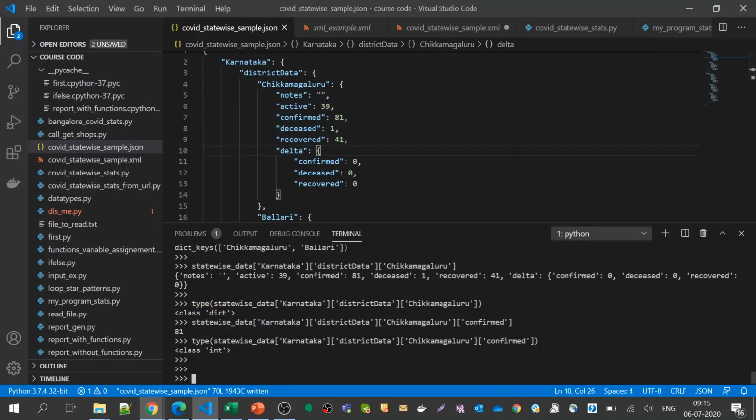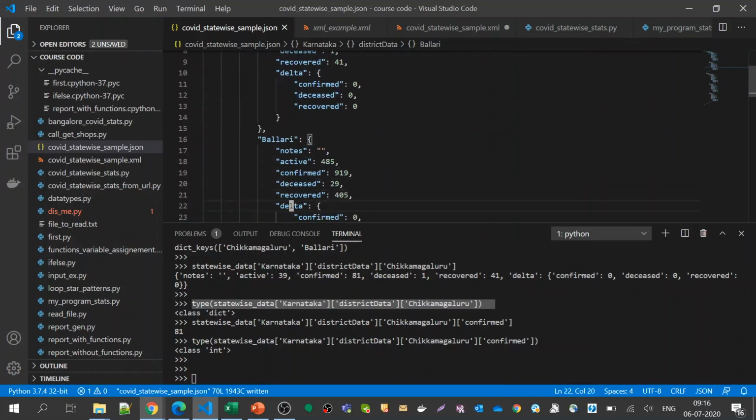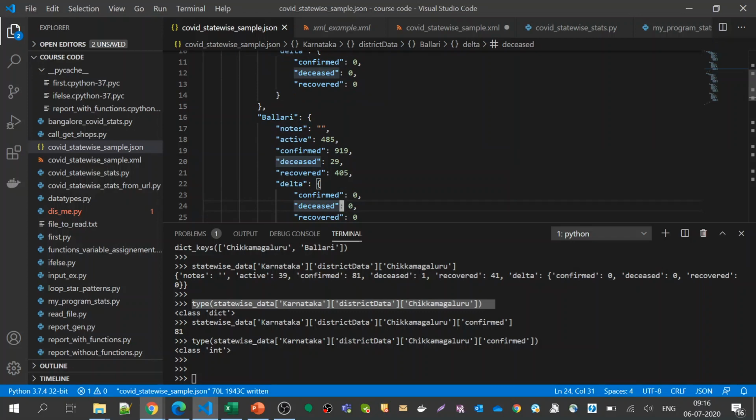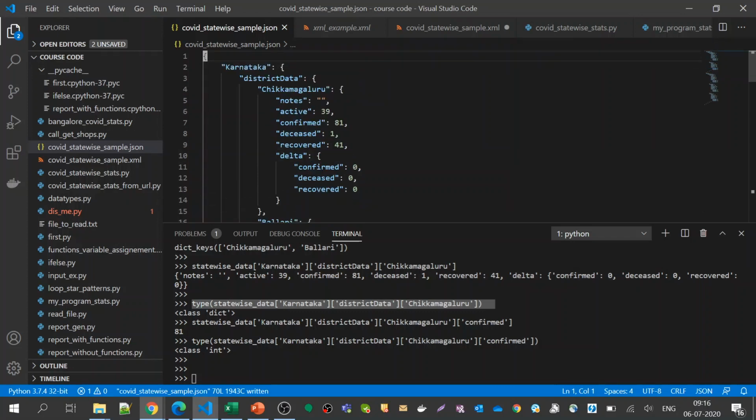So that is how you need to parse the data, and this is for human visualization. Now you have taken only one. For our example, we need to sum up all these three pieces of information: active, confirmed, and deceased. So I will need to sum up this plus this in Ballari. There are like 30 states. For simplicity I have taken only 2 districts. Now let us go to the program.